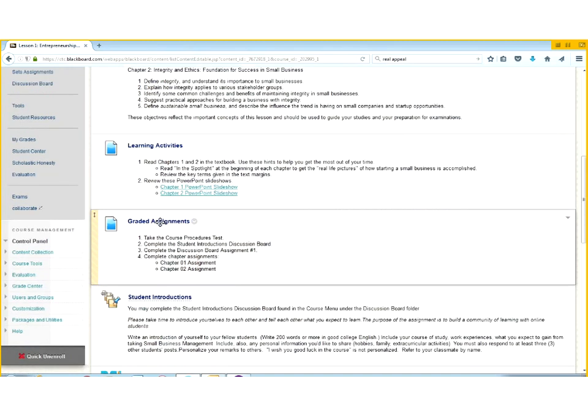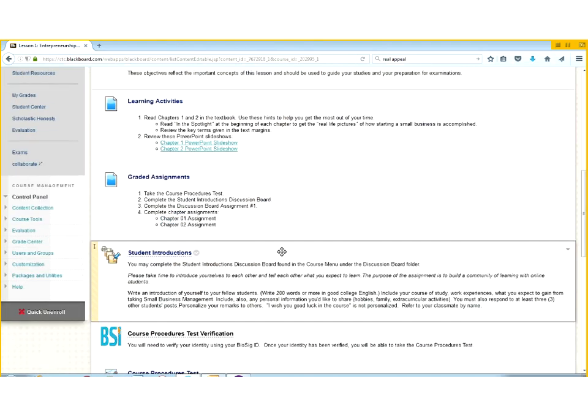Notice that you come on down to graded assignments. Here are the assignments that you're going to take in Lesson 1 and complete. First thing you're going to do is student introductions. It's very simple. You're just going to introduce yourself to your fellow students. Do you notice over here on the right that it says you must respond to 3 fellow students?